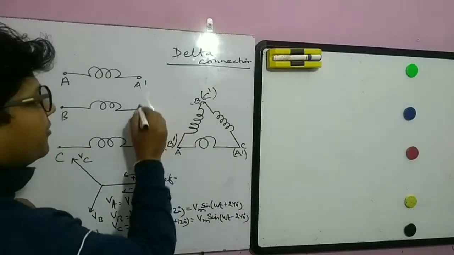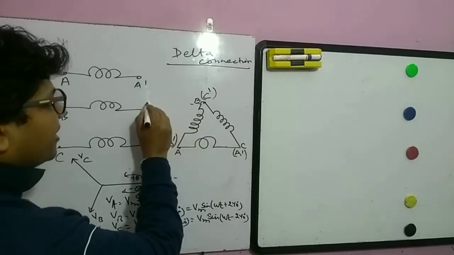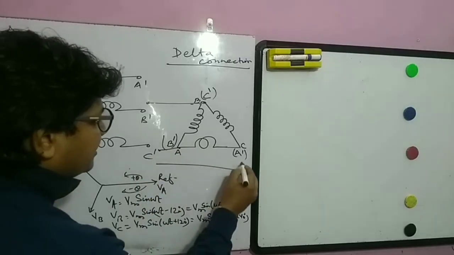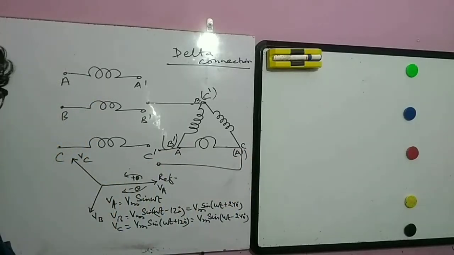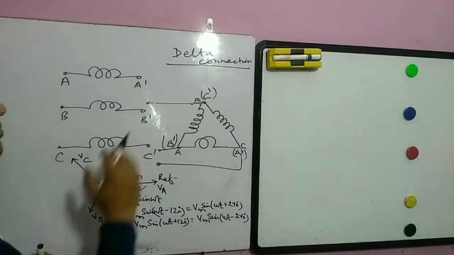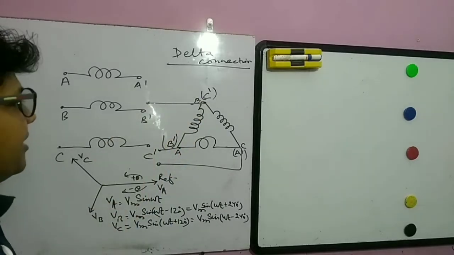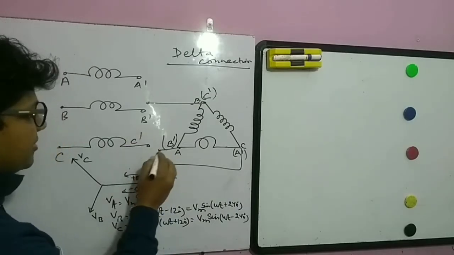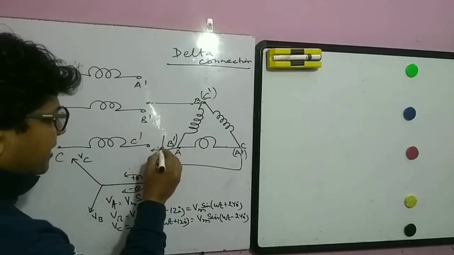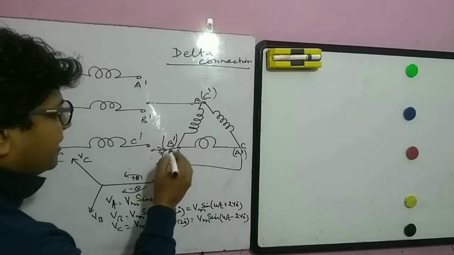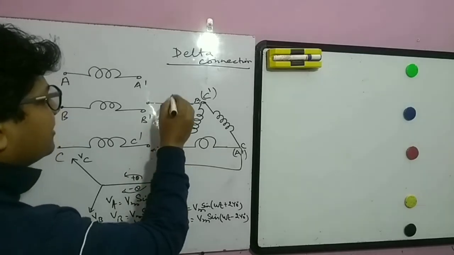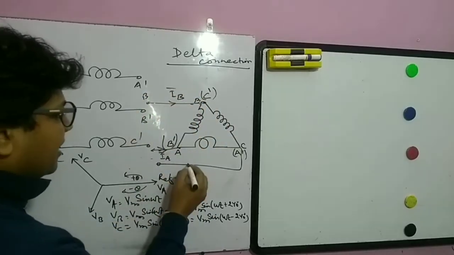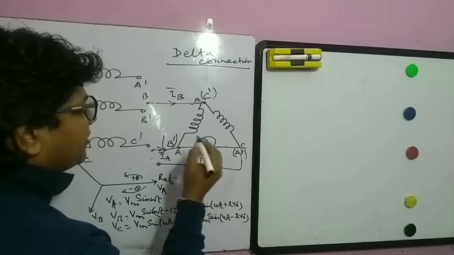So what are we getting? We are getting this delta, with these 1, 2 and 3 terminals, right? Fine. So we have got 3 terminals, and accordingly we have arranged our delta, right? So what will happen here? In series, at A the line current IA will flow. At B, IB is flowing, and this is line current, and this is C. So this is our line.